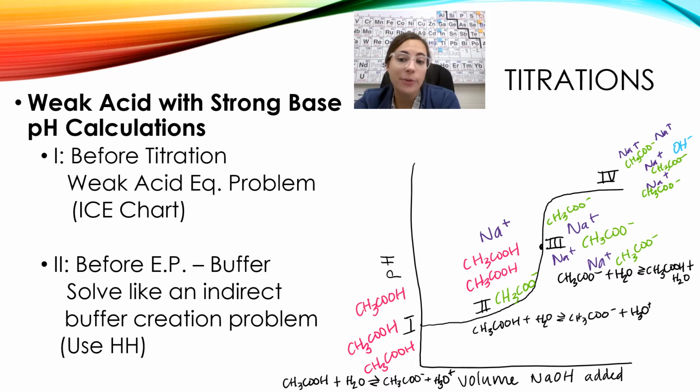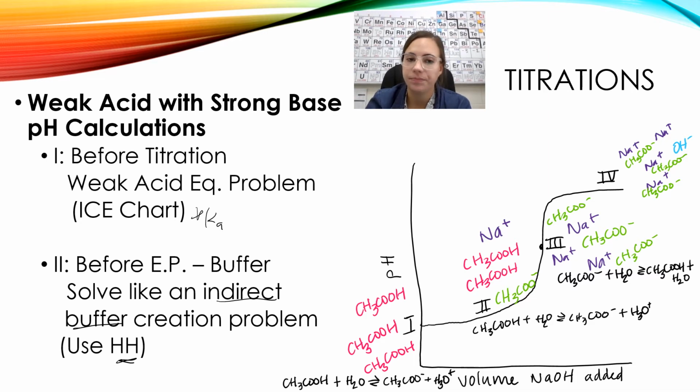So let's talk about how we're going to calculate the pH in each of these regions. So before the titration begins, as we mentioned before, we have just a weak acid. So this is going to be just a weak acid problem where we use an ice chart and Ka to solve for X, and then we take the negative log of the hydronium concentration. Then in region 2, we're going to solve it like an indirect buffer creation. Meaning, we've got our acetic acid, we're going to neutralize some of it with our strong base sodium hydroxide to create acetate. And then when we figure out those new concentrations, we're going to use the Henderson-Hasselbalch equation to